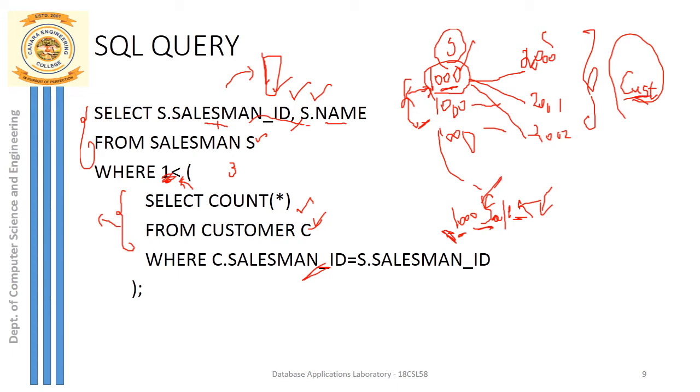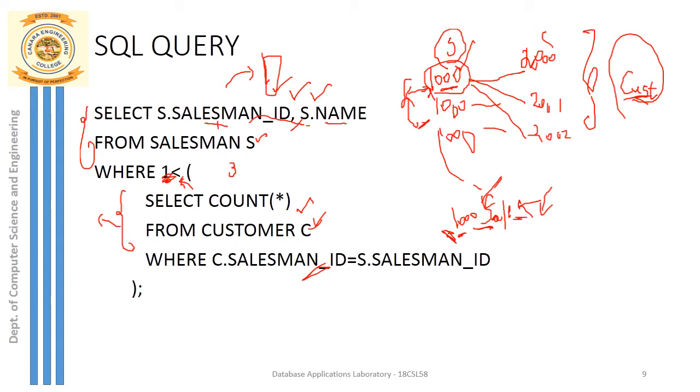Okay, so where do you find both salesman and customer together? Definitely you find these details together in our customer table. So we have our customer table where salesman ID is a foreign key and customer ID is the primary key. Right? So we will break this up into two parts.